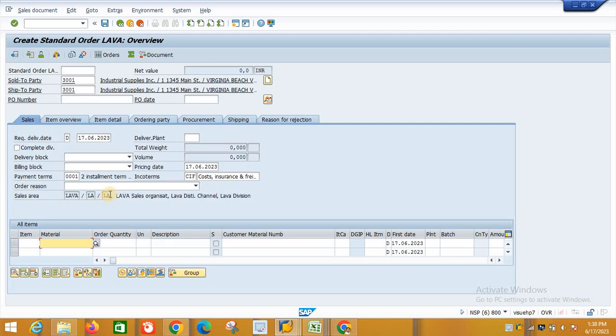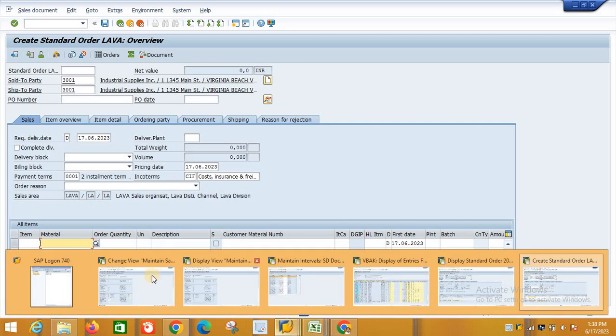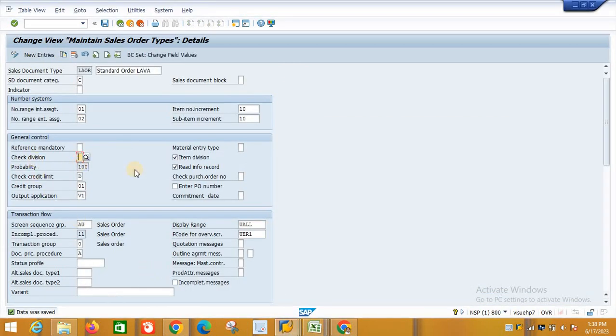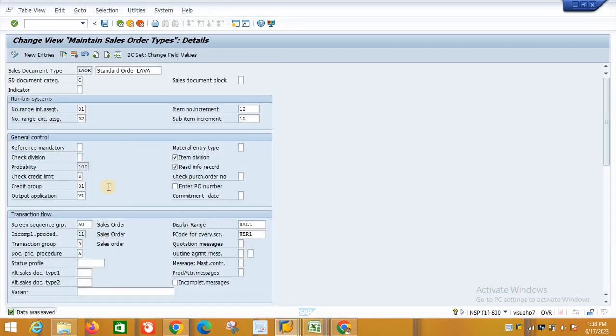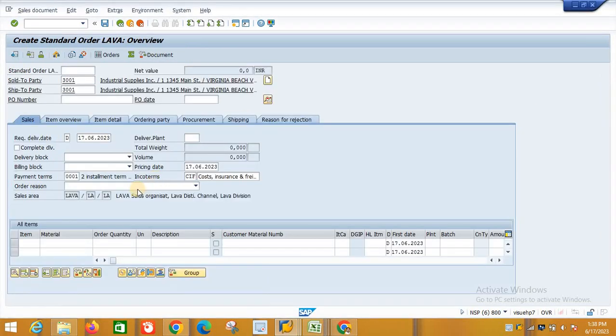If you see here, that is the sales area. What is that field? The field is check division and item division. What is check division? Check division means, whatever I said, this is the header data. Check division means whatever division is available, that is the sales area at header data and